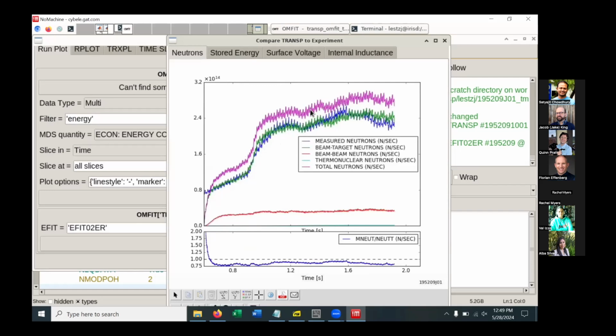A couple reasons this could be: if your neutral density was, I forget which direction, too high or too low, that would affect the initial beam deposition in a way that would create higher or lower fast ion density that would propagate into the neutron rate. Or if there were fast ion driven instabilities in your shot that led to redistribution or losses of fast ions,